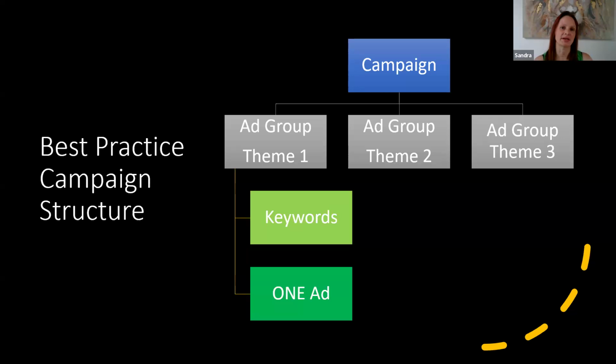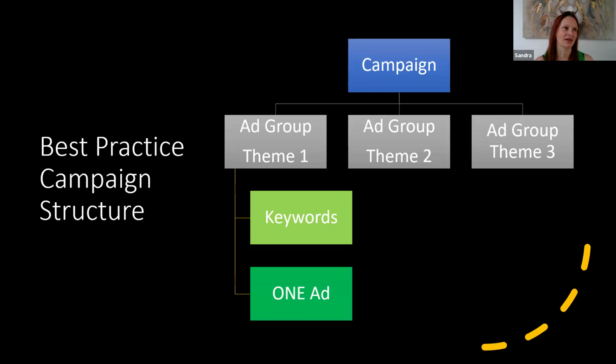Inside the campaign, you want to split out by ad group into themes. Don't split out by keyword match type, which a lot of people do, not necessary. Split out by themes. So for example, cat food, dog food, rabbit food. Inside each of those ad groups, you have your keywords, and those keywords must be relevant to that theme. So dry cat food, wet cat food, chicken flavored cat food, hypoallergenic cat food. You can stick them all in that ad group, have one ad for that ad group.